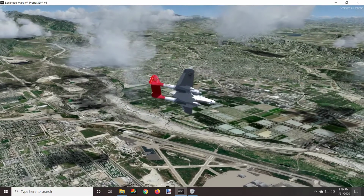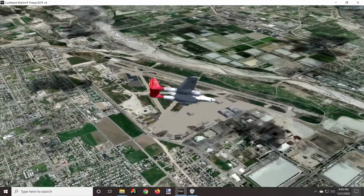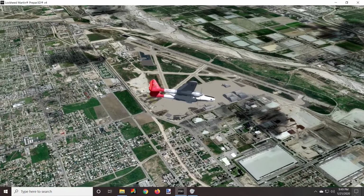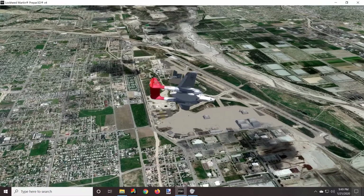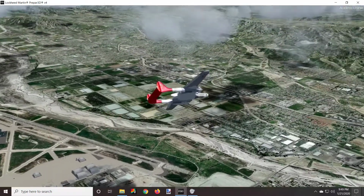I'm flying around San Bernardino air tanker base, down below me here. Is it San Bernardino? Yeah, it's San Bernardino. But